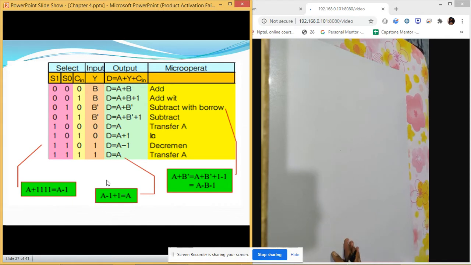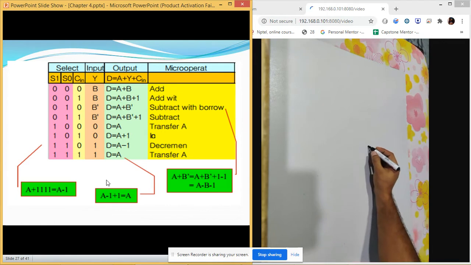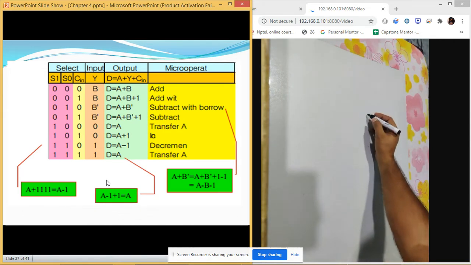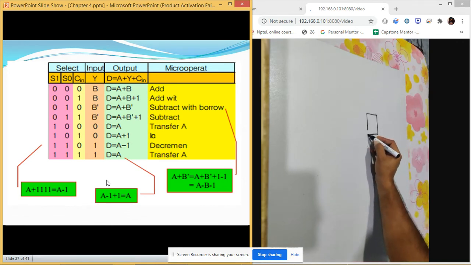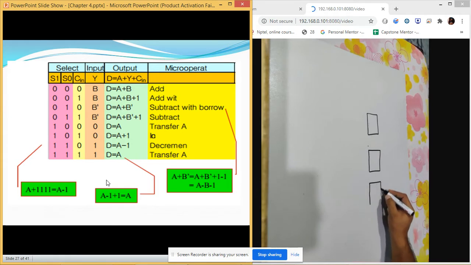First of all, what we require in the circuit is full adders. So how many full adders are required? If we have 4 values with us, we need 4 full adders. So in this case, we will have 4 full adders. The first one is here. We are able to see all of them. This is the third one. Then we have a fourth full adder.